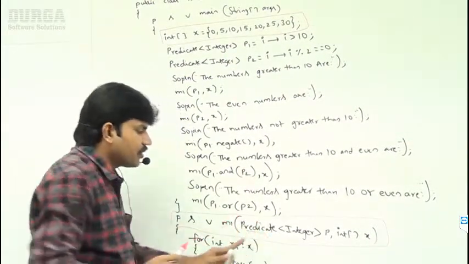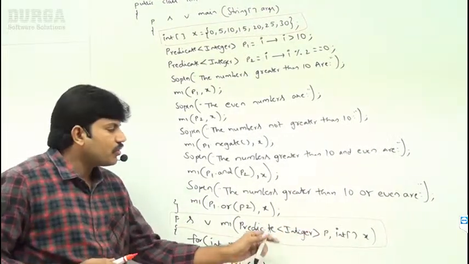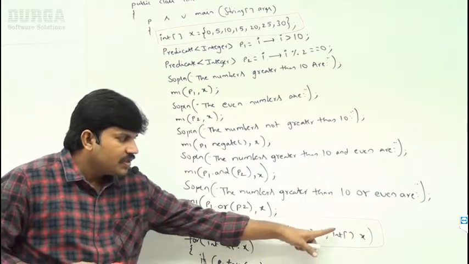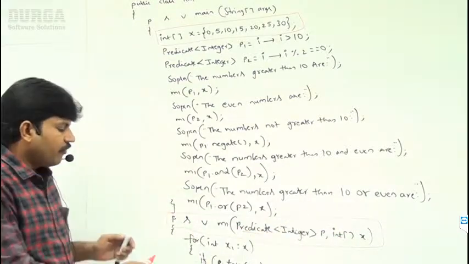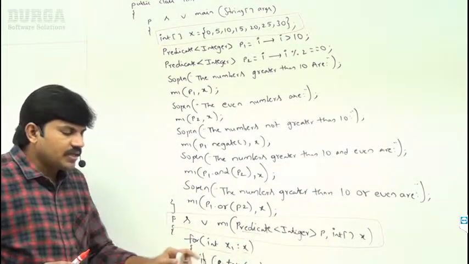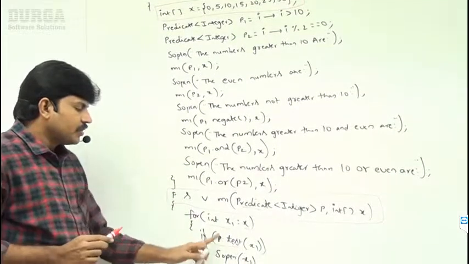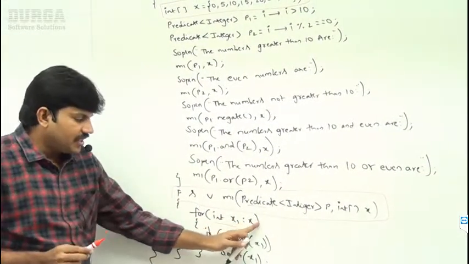This m1 method is going to take a predicate and an int array as arguments. It is going to take Predicate of Integer, comma, int array as the argument. For each int number in that array, it will apply that predicate. Sir, for each int x1 in x,